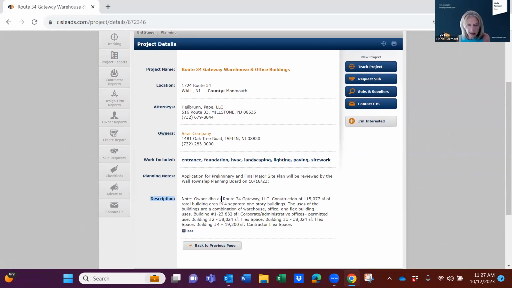Owners doing business as Route 34 Gateway LLC. It's a 100,000 square foot building in a separate one-story building. Combination of warehouse, office, flex building, corporate offices, and flex space. So this is what they want to build: 3 different buildings. And again, if it's in your wheelhouse or something of interest, because maybe you like warehouses, you're gonna go to